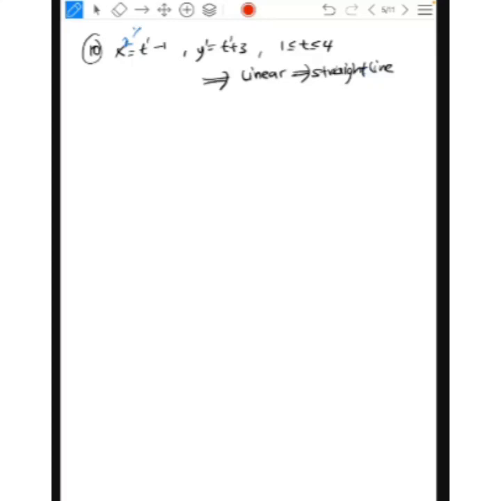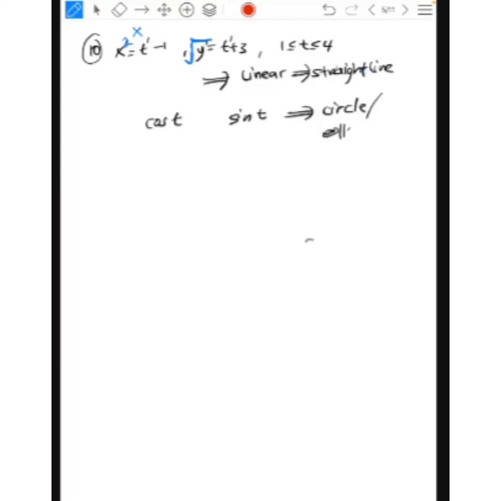Or if I have y equals the square root of t, also no longer a straight line, because t has become a square root. Okay, and then if your parametric equations are in terms of cos and sine, it will be a circle or ellipse,